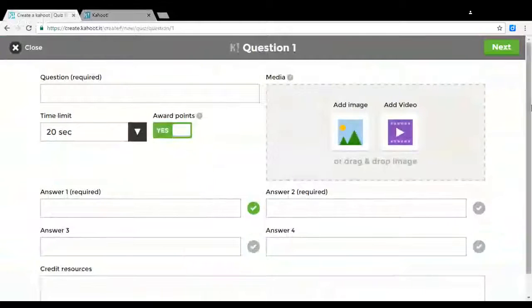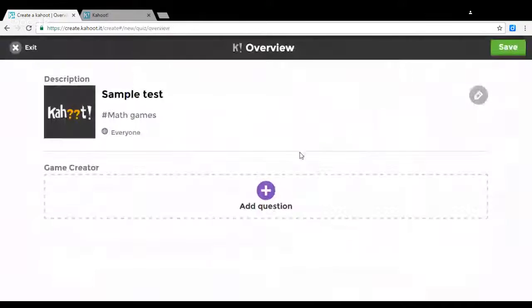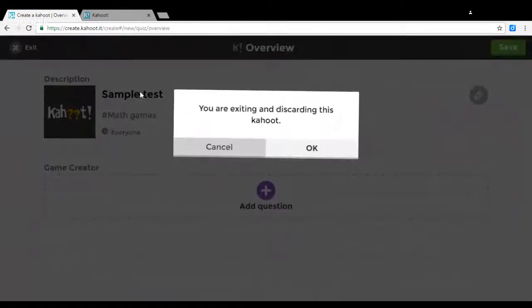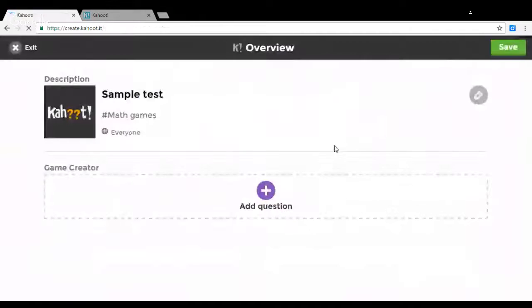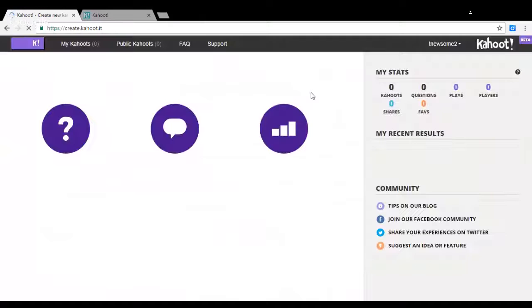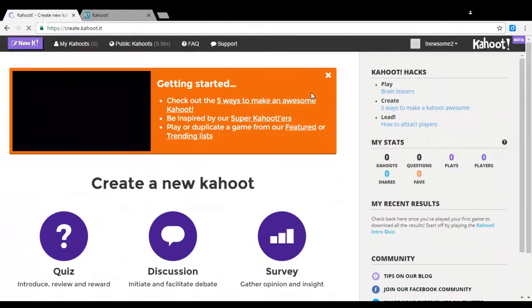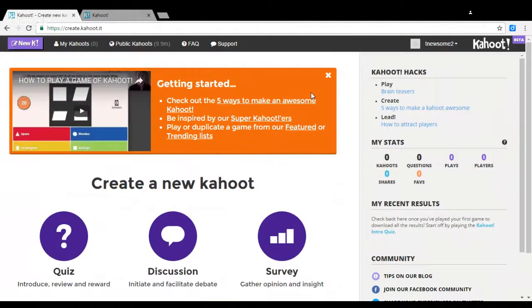And from there, there's also other formats, like I mentioned earlier, like quizzes and discussions and surveys. The only difference there is that setting it up is completely the same, but there's no really correct answer. Like you can put, do you like dogs, yes or no? And then everyone would click yes or no on their device just like they would for a quiz. But that is what sparks the discussion, because you see how many people click yes, how many people click no,